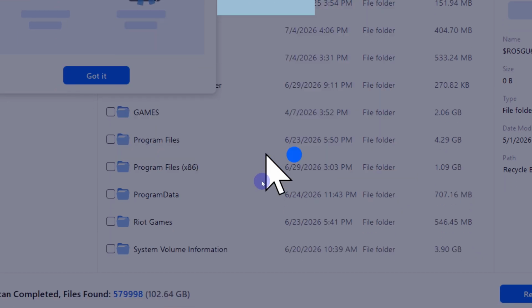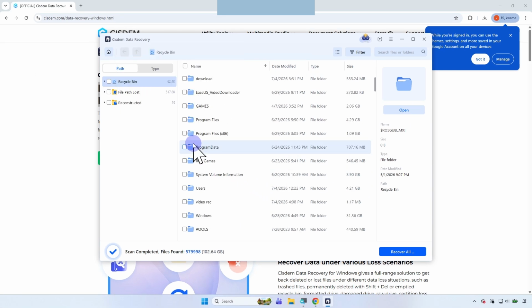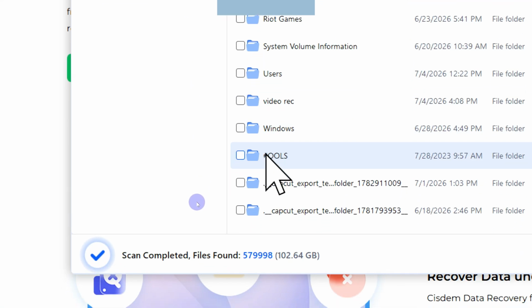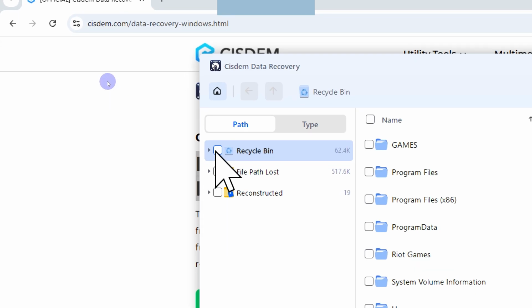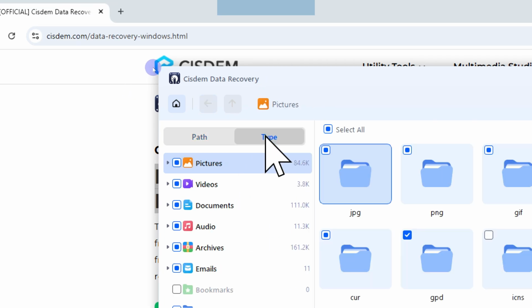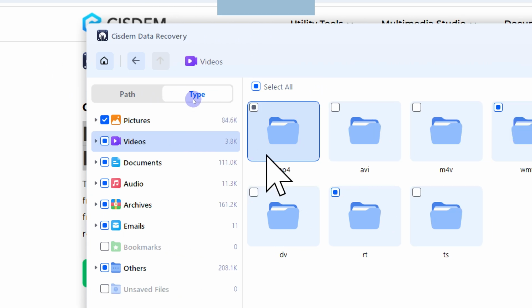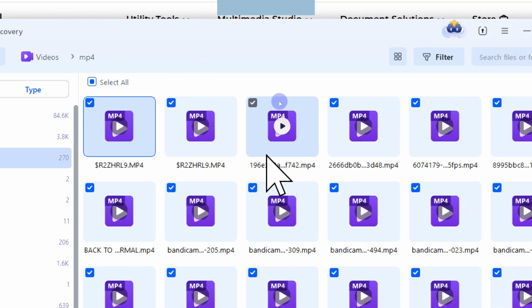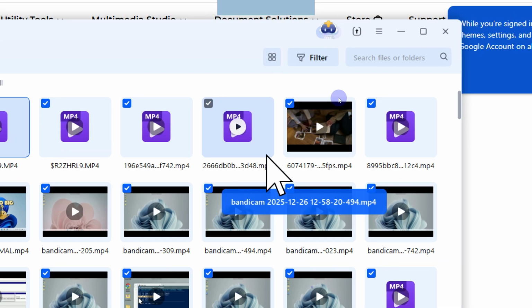When the scan completes, instead of digging through thousands of random items, you can use Cisdem's built-in filter tools at the top or sidebar to sort instantly by file type or path. Once you find your missing files, don't just guess if they work. Double-click any photo, video, or document to bring up the file preview feature. This lets you check the exact quality and file integrity for free before you restore anything, ensuring the data is